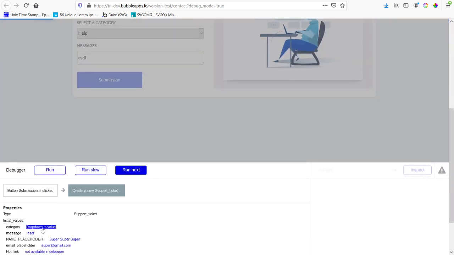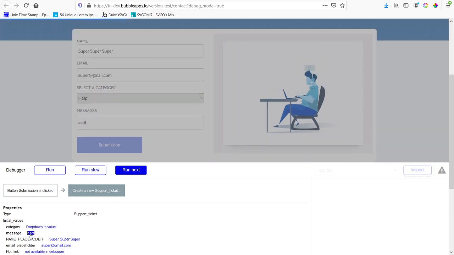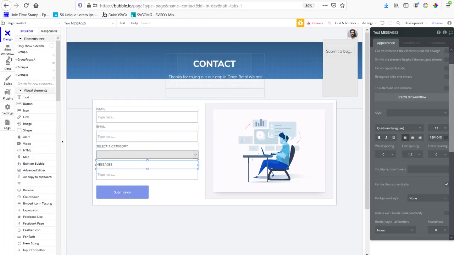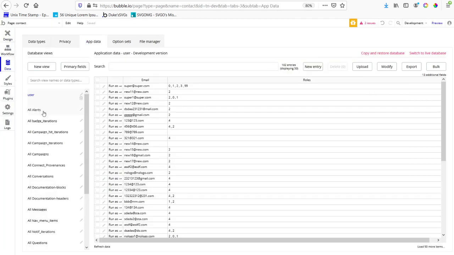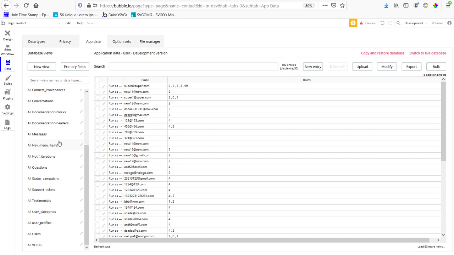Okay, so now we have an actual valid email address, and we have a hot link. It's generated, and it should be the drop-down's value, which is help, and the message should be ASDF. Okay, so let's go check it out in our Data tab, App data, and let's go to all of our support tickets,